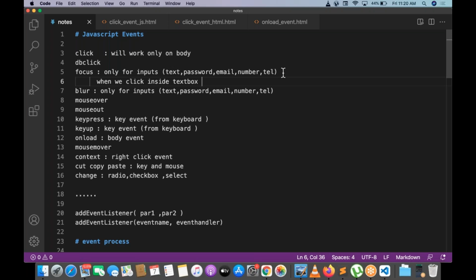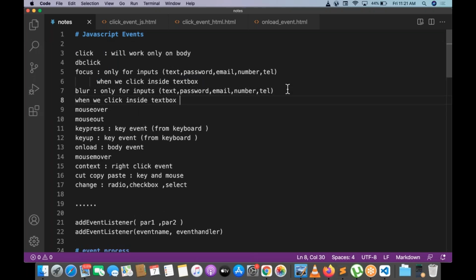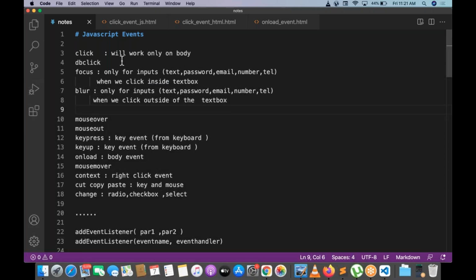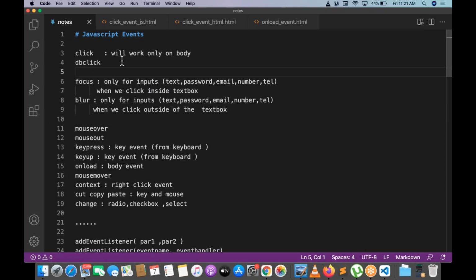When we click inside the text box, that is focus. When we click outside of the text box, that is basically blur. One is the focus, one is the blur. Focus is nothing but clicking inside the text box. Blur is nothing but clicking outside of the text box.